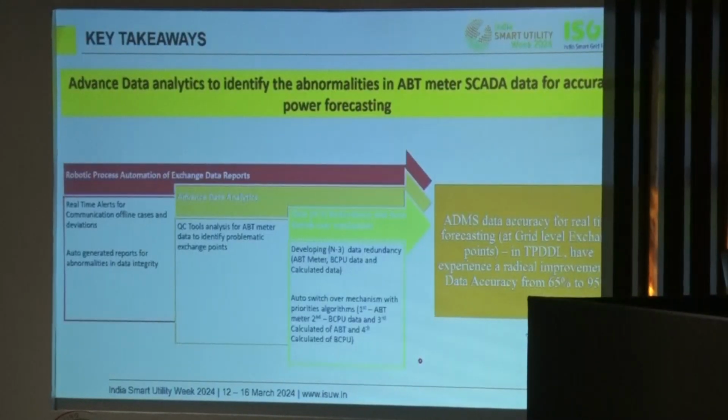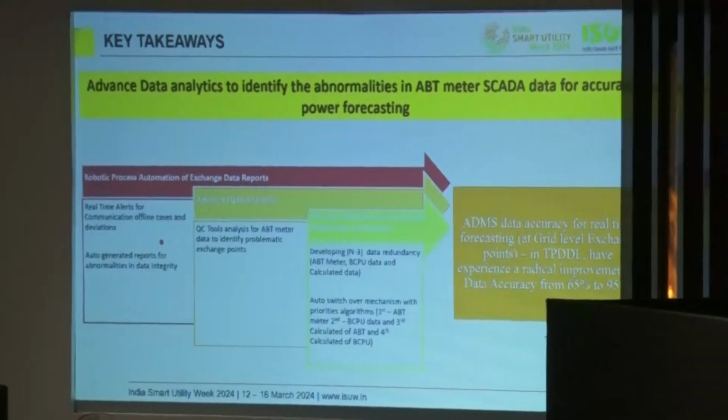The major key takeaways: after the successful implementation of this project, we are collaborating with our IT team to have a robotic process automation of exchange data reports, in which we are having real-time alerts, communication of offline cases and deviations. It is on a real-time basis, comparing the SCADA data which we are getting now through ABT meters and the ICCP data, and on a real-time basis if any deviation occurs, it initiates a message, alerts, notifications